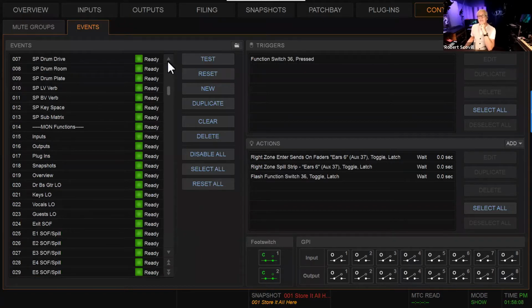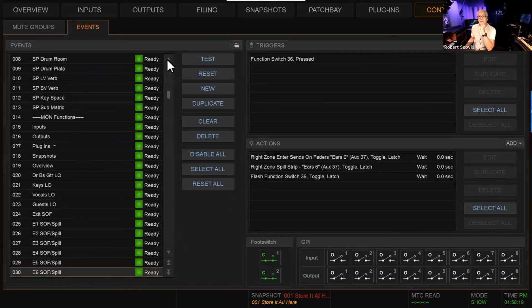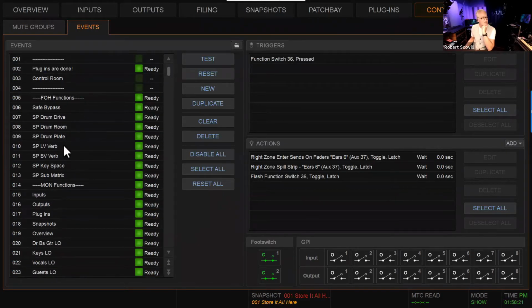So I've broken it down in my events list, as you can see here, where I have monitor functions and front of house functions. I've broken them apart a little bit so that I can get to them, and I'll show you why I did that for the iPad app here in just a second. So let me do this here. All right, so as you can see here,